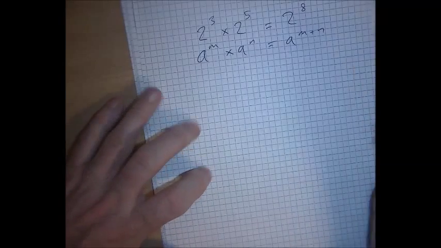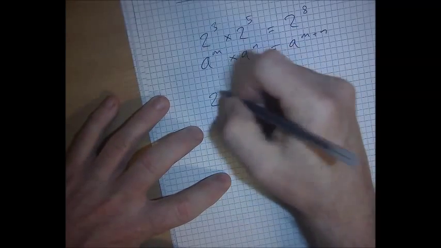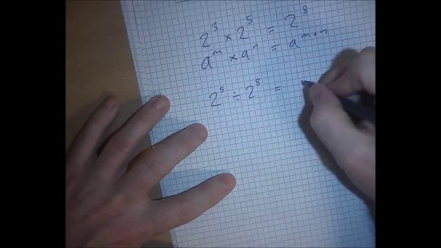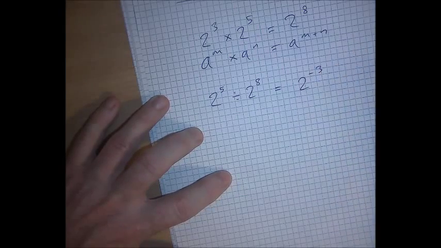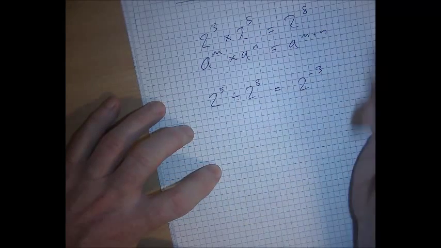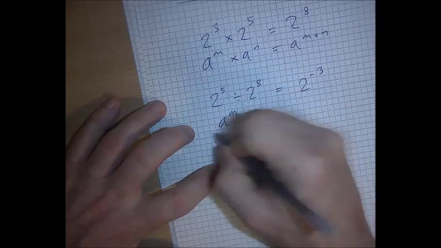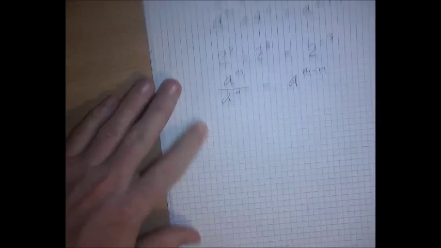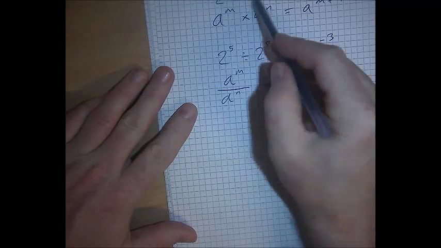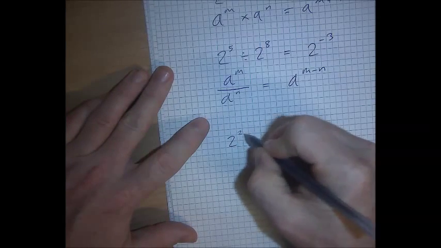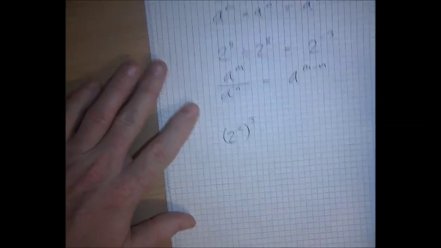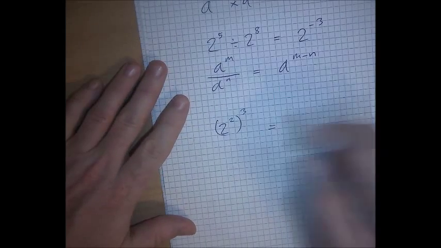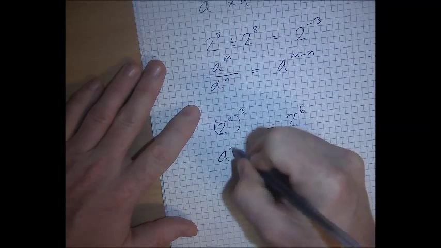If you see the same base physically twice in a divided by situation, you get to subtract the powers, even if that leads to a negative. Same works with algebra, and same works if it's a fraction. And finally, if you see just one instance of this base, but with a little cascade of powers, so a power of a power, you get to multiply the powers. And again, the same works if it's